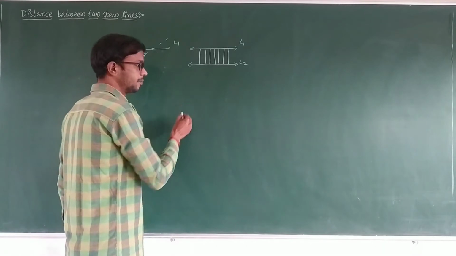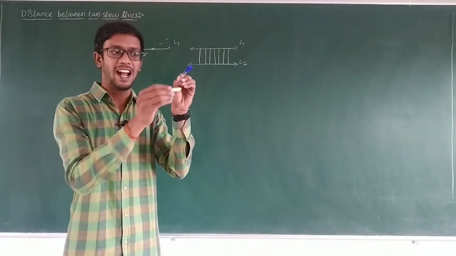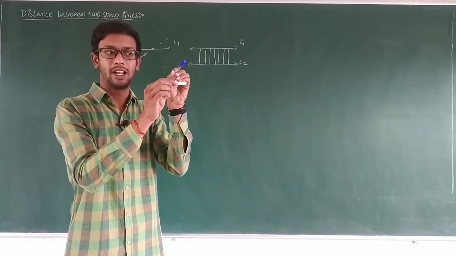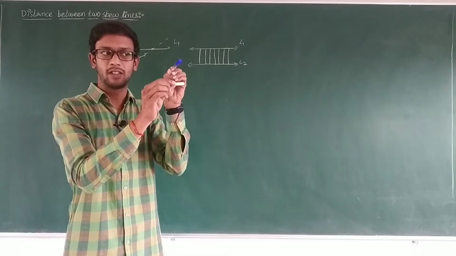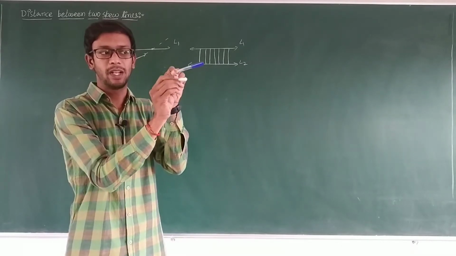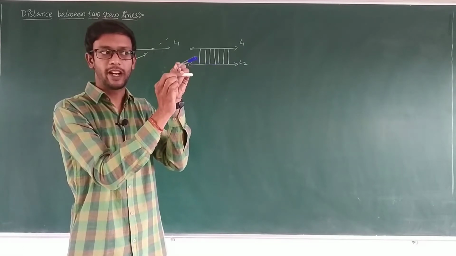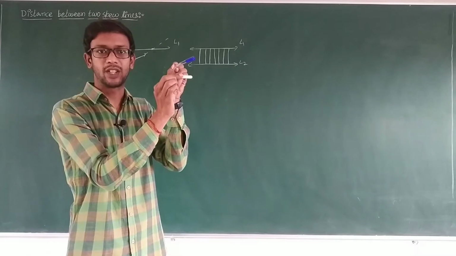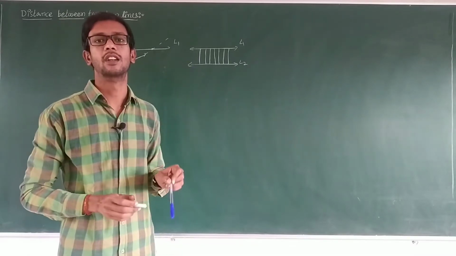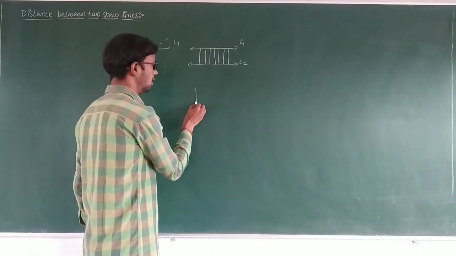For example, I will show one example here. This is one line, another line is like this. If you are taking the other line downside, see here, there is no intersection point and there is no parallel. Parallel means compulsorily you have to get the same way. But if you are taking this one, there is no intersection point and there is no parallel. These types of lines are called skew lines.